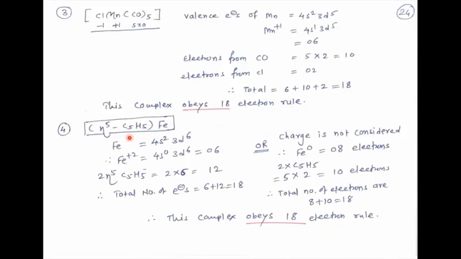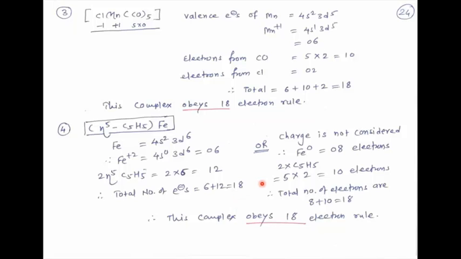Next structure. Next formula is (η5-C5H5)2Fe. We know the configuration of iron is 4s2 3d6, but in this case the charge on iron is +2. Therefore, here the configuration is written as 4s0 3d6, 6 electrons. Hence, the electrons donated by C5H5, there is minus charge, therefore it donates 6 electrons. So 6 into 2 groups, and hence 12. Okay, 12 electrons donated to iron. So 6 plus 12, it becomes 18.